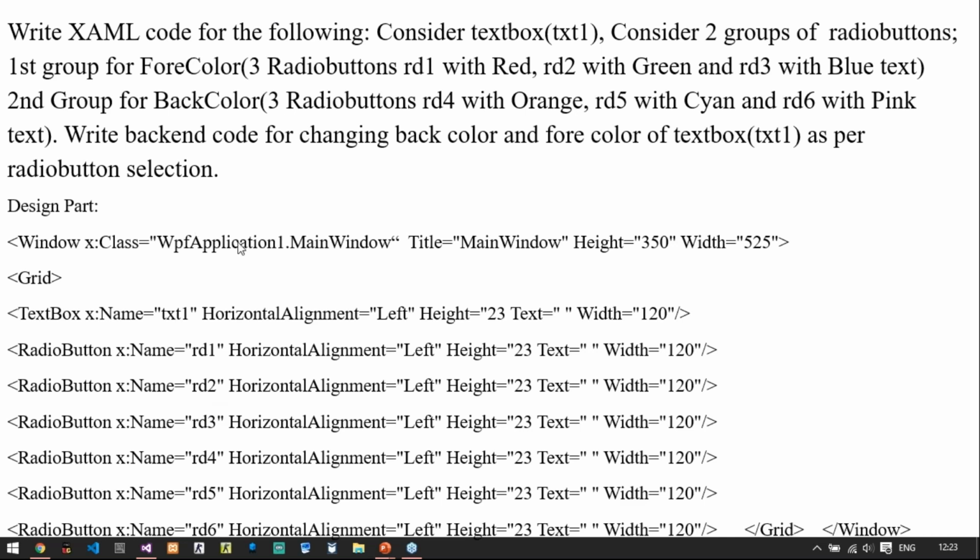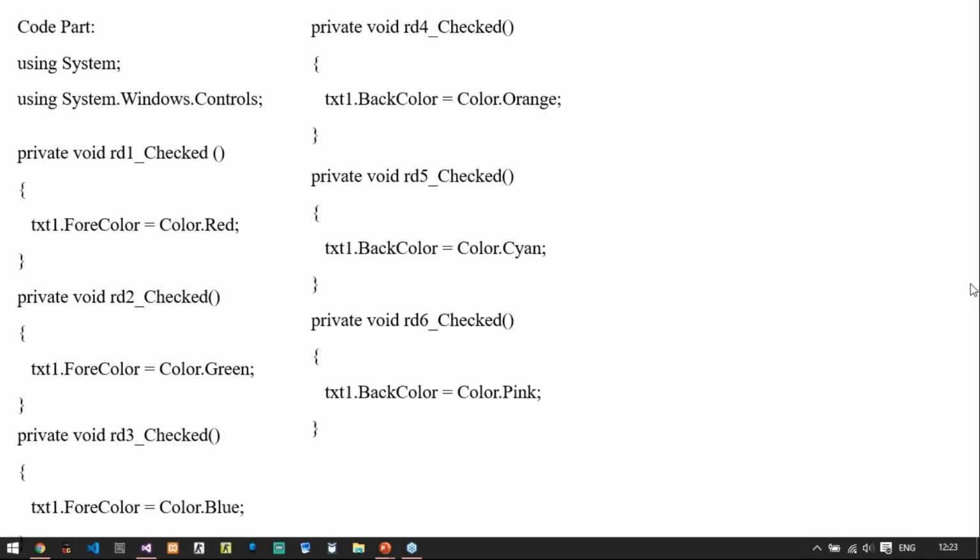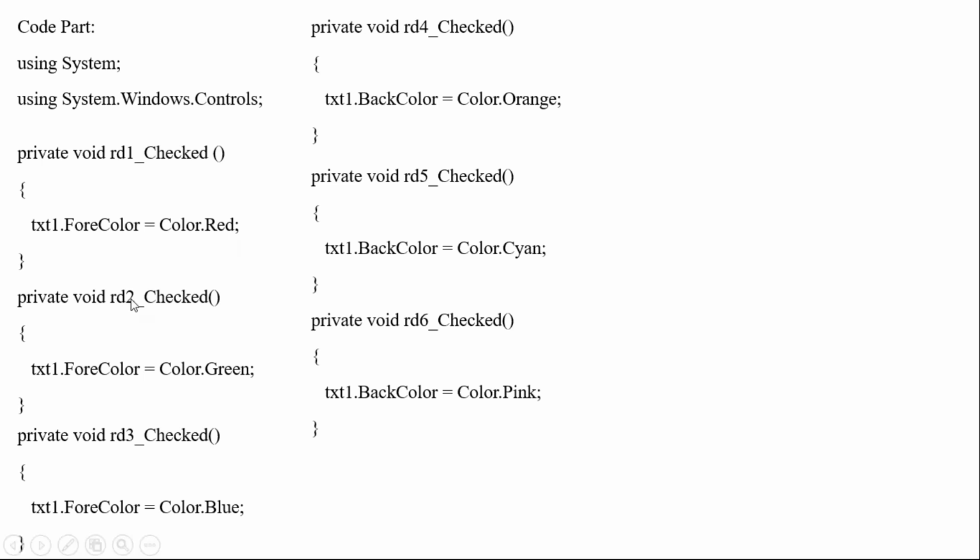Next, if I go for the code, this is the code. The only change between Windows Form and this WPF is this event. In Windows Form, we have the CheckedChanged event. Here we have only the Checked event. So again, text1.Foreground equals Colors.Red. Then the Checked event of radio button 2, forecolor green.